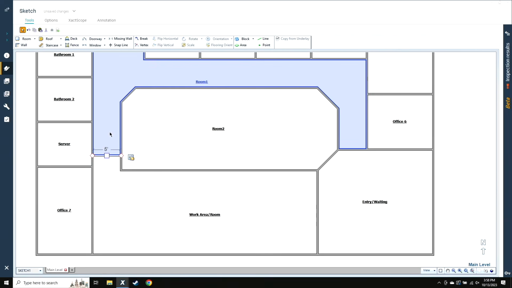9'10". And then that should make this one fit just right. 3'9". There we go. Okay. Took a little bit of work, but we got it. Okay, so then we need to add in our